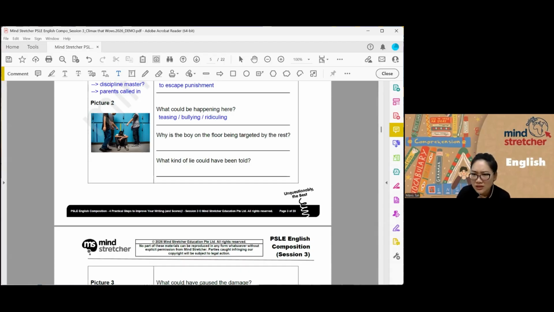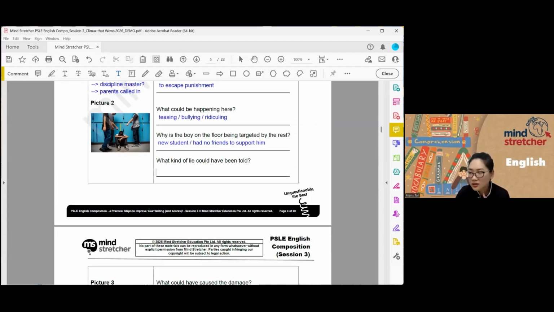No, I think I mentioned this last week. He was getting bullied. He doesn't want anyone else to know about the bullying. Yes. Why was he targeted? It could be a new student. He could have had no friends to support him or to speak up for him. Okay. He's always alone. So people who are always alone are easily targeted by bullies because they know that this person has no one to tell this to. Okay?